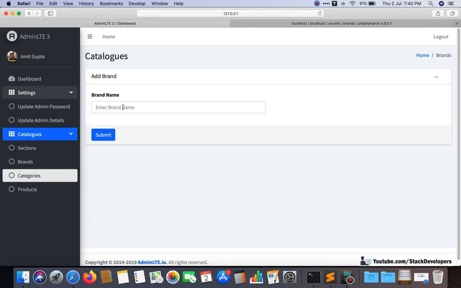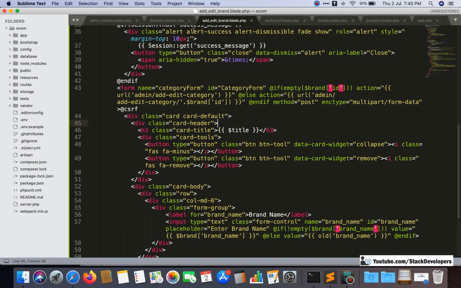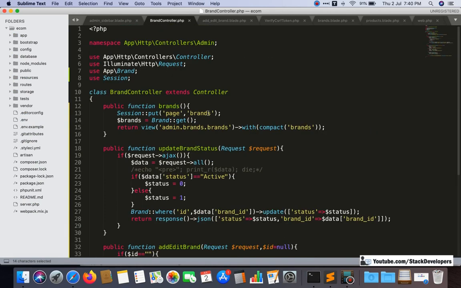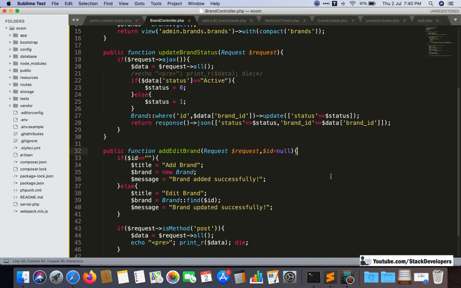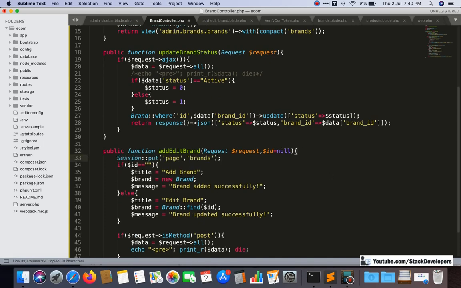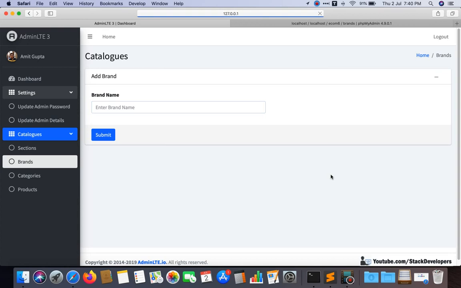So it has come up, add brand name. This one has come up here, brand name. Here once again you need to select the right thing, and for that we need to add the session here as well, like this. Now see, brands are selecting and the add brand name form has been created.